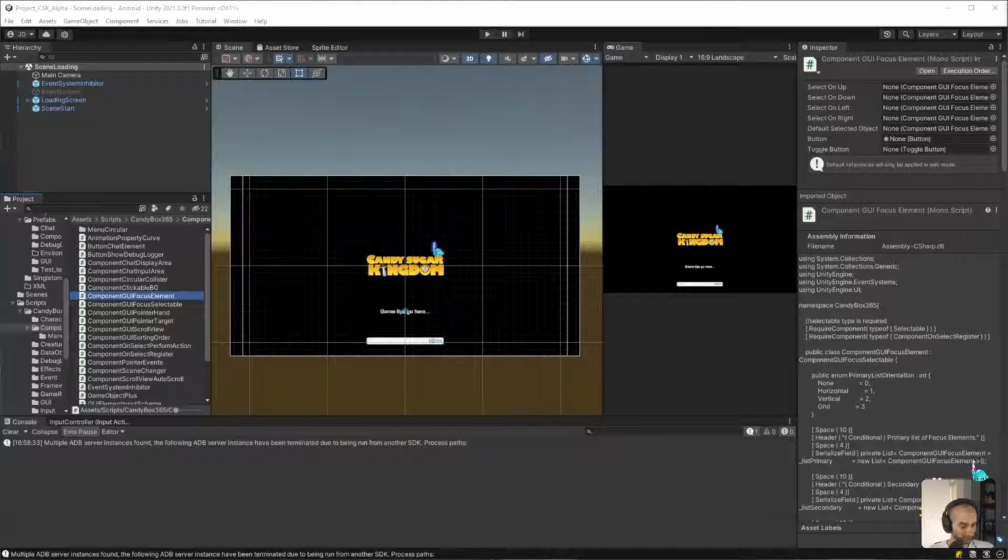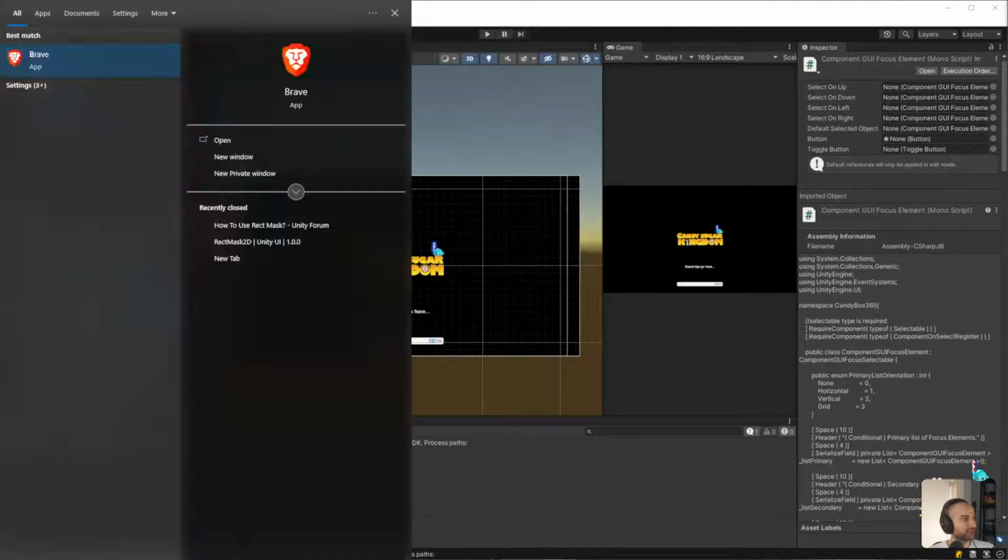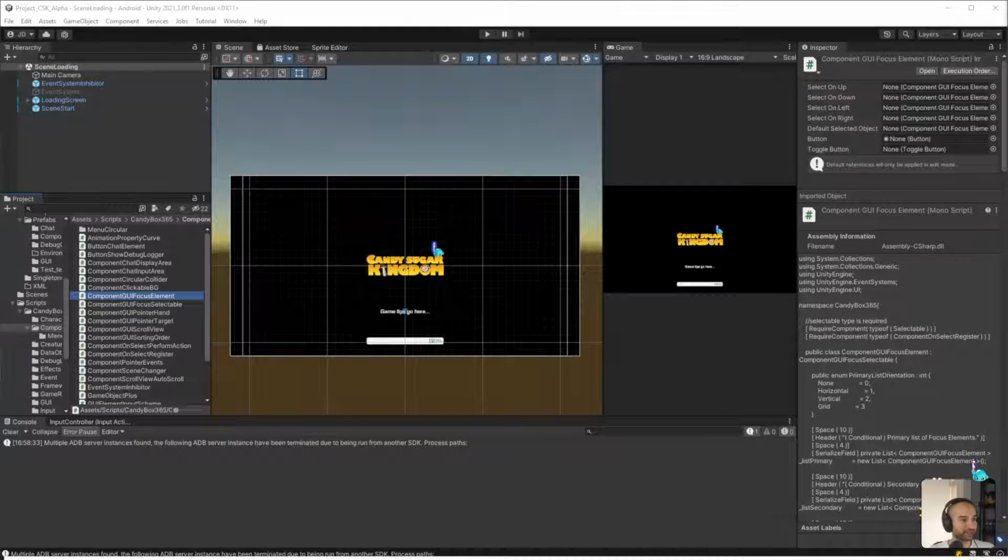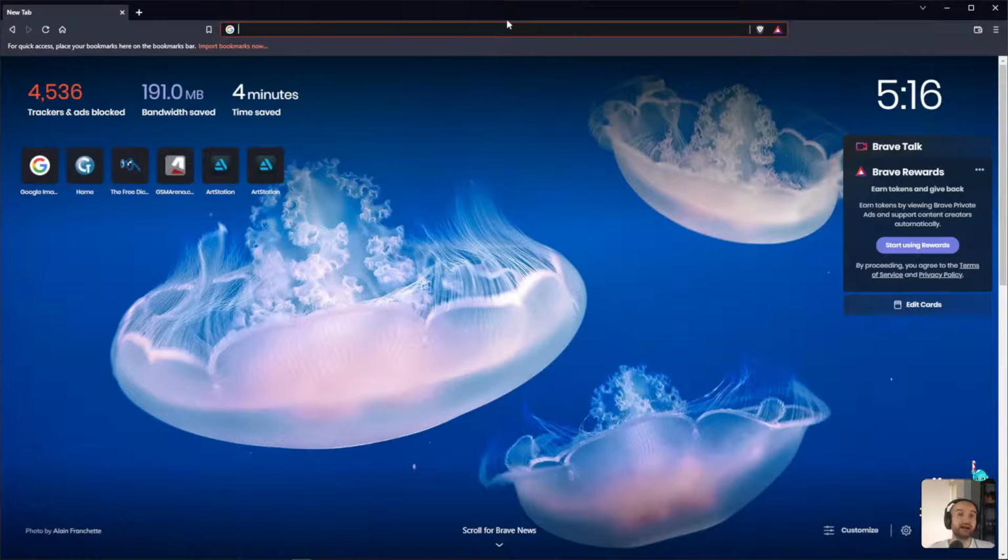I don't have my browser open. I always forget something. Let me just snap that. And if you're not familiar with Windows snapping, I highly recommend it. So you hold down the Windows key, and when you have an application that has focus, you can press left, and it'll snap to the left half of your screen.